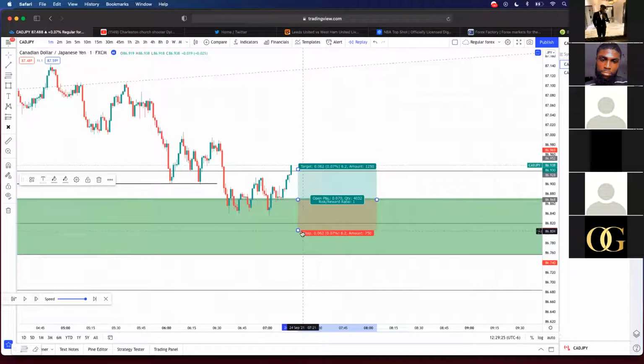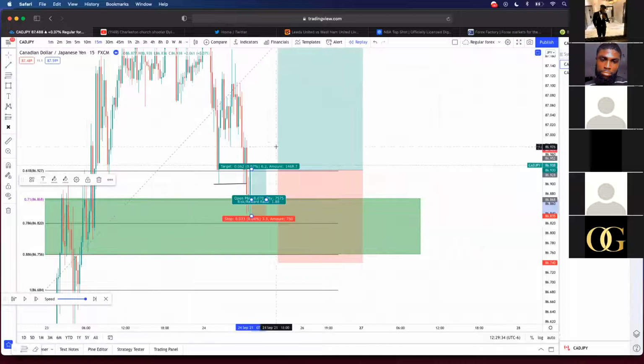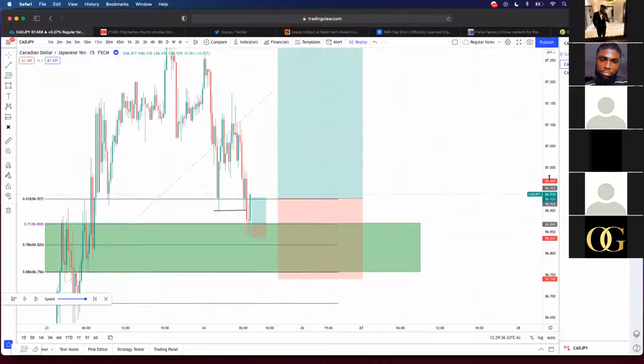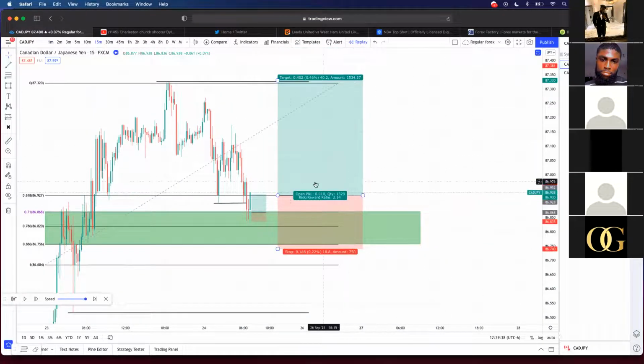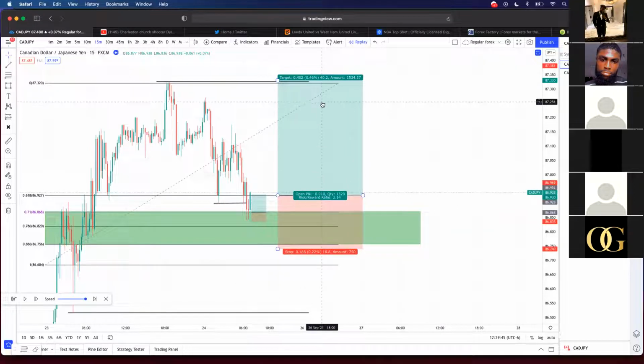I'm going to go back to the 15 minutes to show you guys what I'm talking about, okay? SL just below here. SL could be like 3 pips or whatever, okay? So now let's go back to the 15 minutes time frame. The trade you took on the 6 o'clock candle that you were not sure of what will happen would give you a 1 to 2,